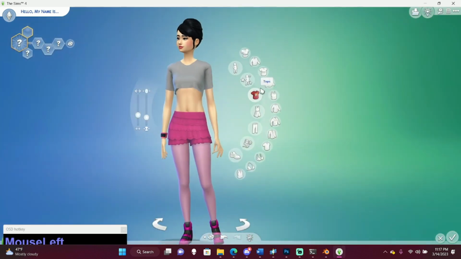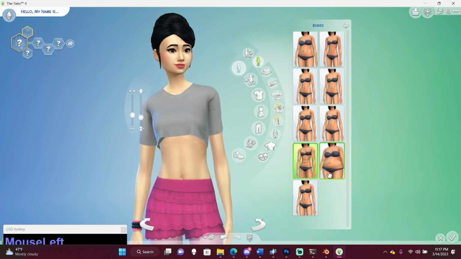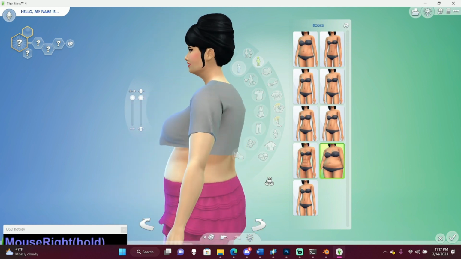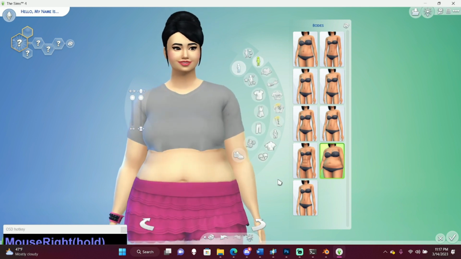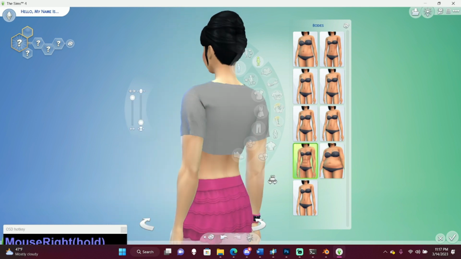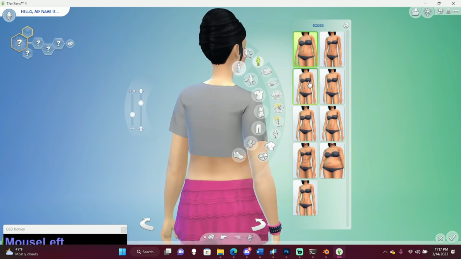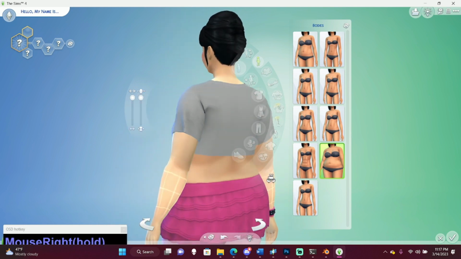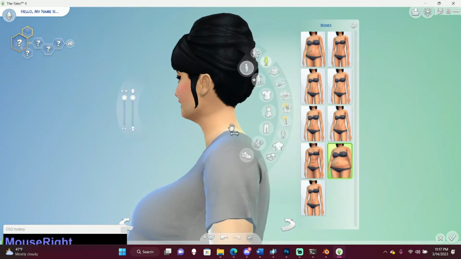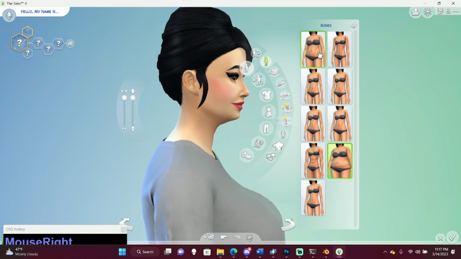And then we also want to go to body presets and do the biggest body and the skinniest body. You can test whatever ones, but usually if it works on those two, it should work on all the other presets. And so it looks like we just need to bring it out by her neck a little bit, and then we're good.